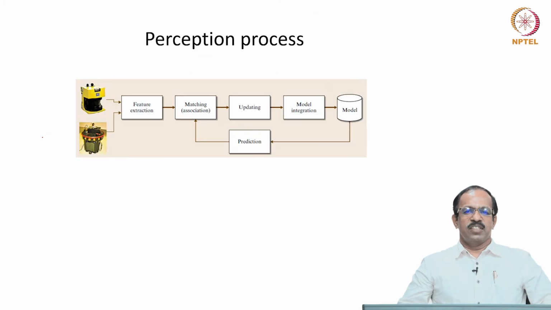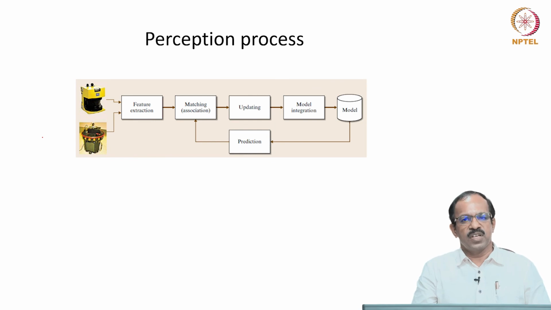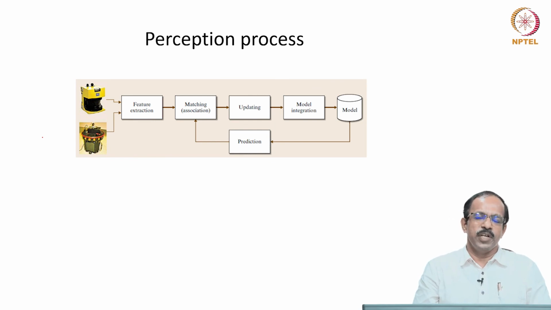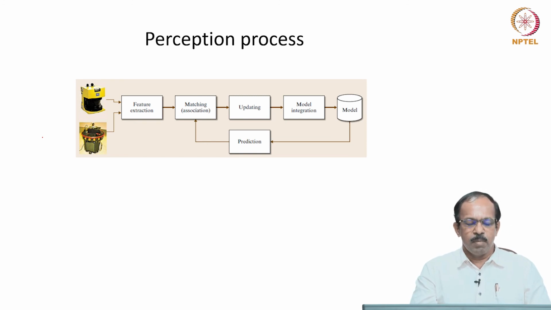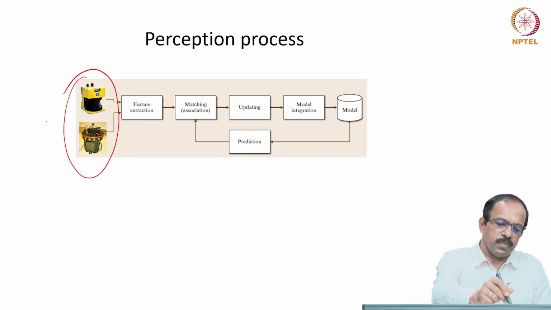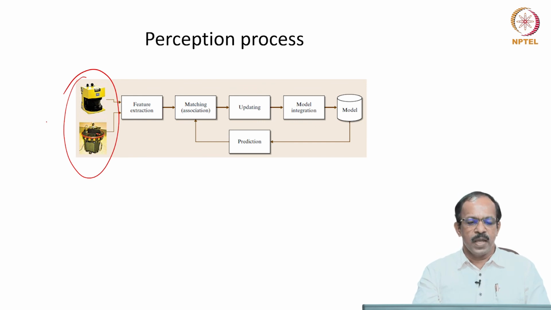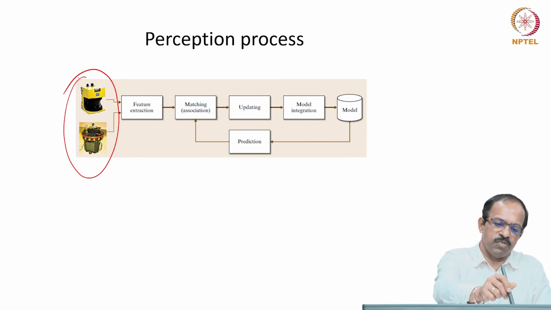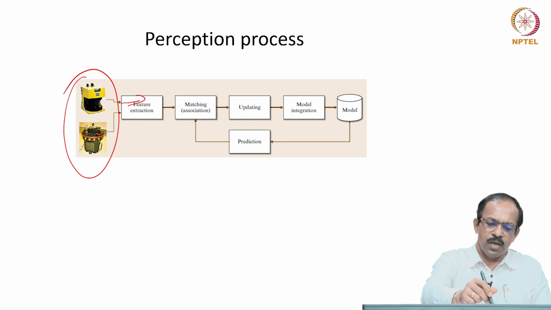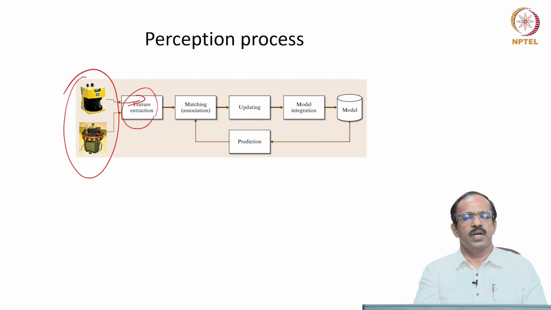Okay, so that's the general introduction about the importance of having sensors and perception, and why we need good perception systems in mobile robots. Before going to the sensors, let me tell you what the perception process itself is. Anyway, we'll be going through these steps in detail, but the perception process basically involves the sensors. The sensors take information from the surroundings and give it to the robot. Then the robot controller will extract features from the